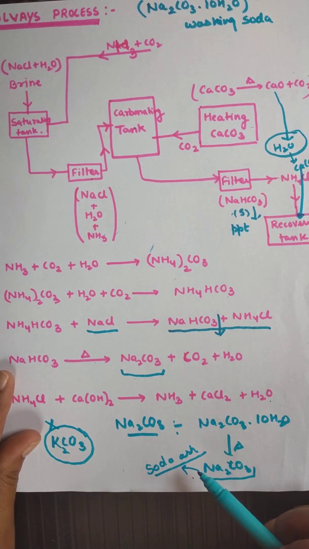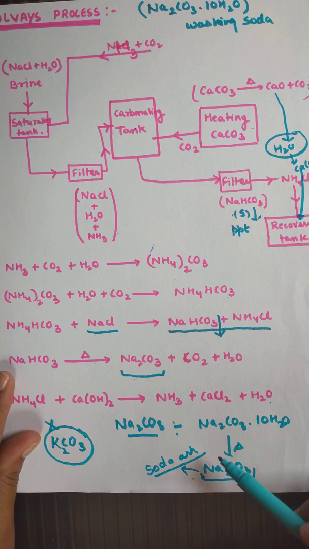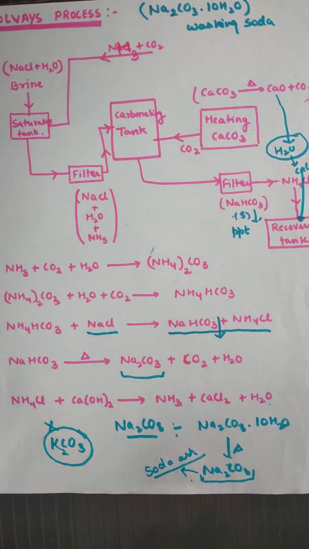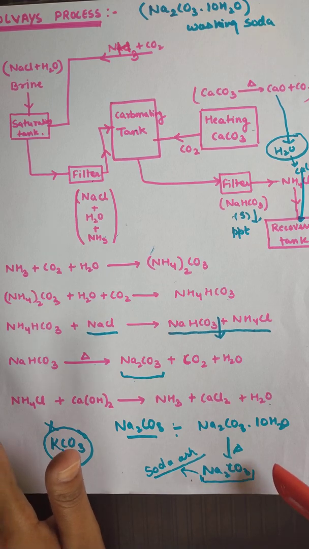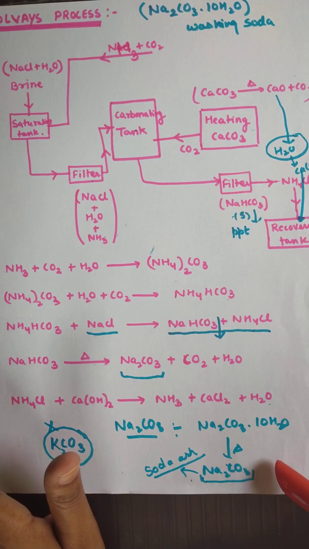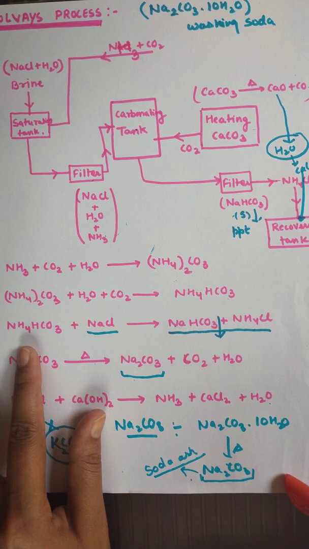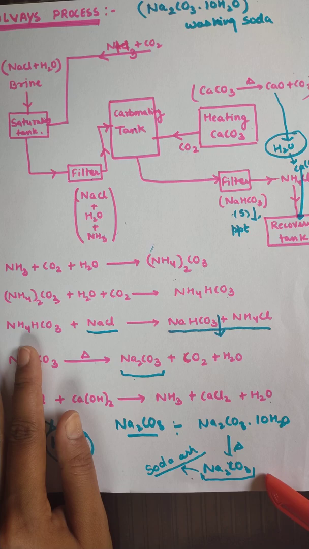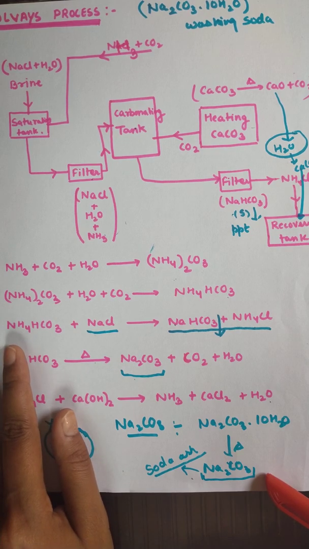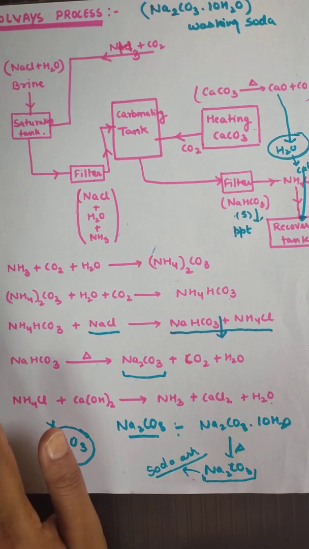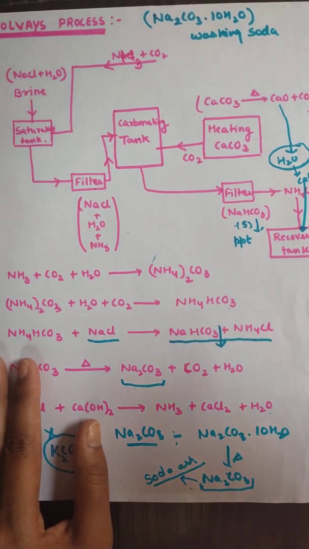The carbonate part of sodium carbonate also gets hydrolyzed by water to form an alkaline solution. There are certain uses of washing soda: it is used for the softening of hard water, it is used in laundries for cleaning clothes, and it is used in the manufacturing of glass, soap, borax and caustic soda. It is used in paper, paints and textile industries, and it is also used as a laboratory reagent in both qualitative and quantitative analysis, that is, in the study of ions. Okay, so this is the Solvay process for the formation of washing soda.